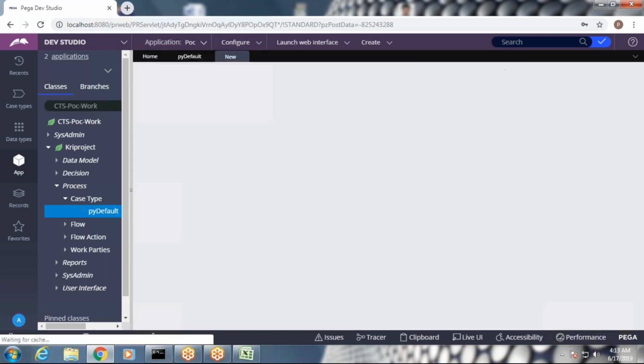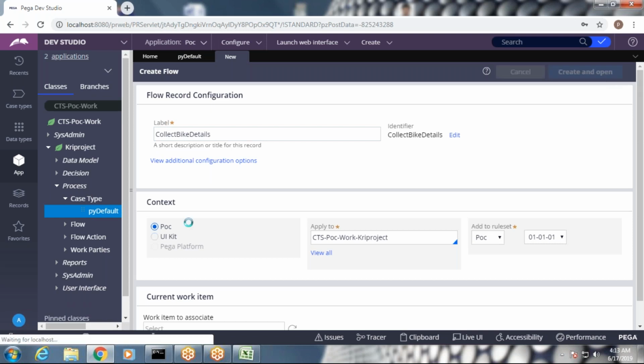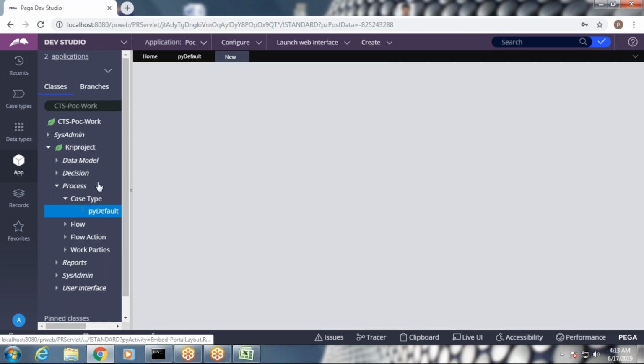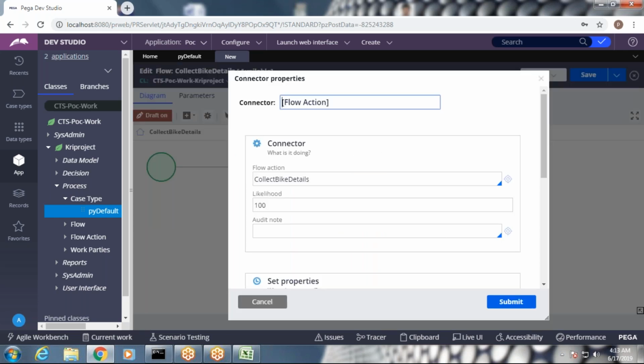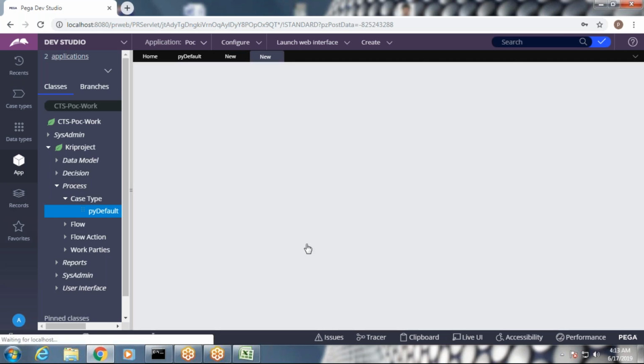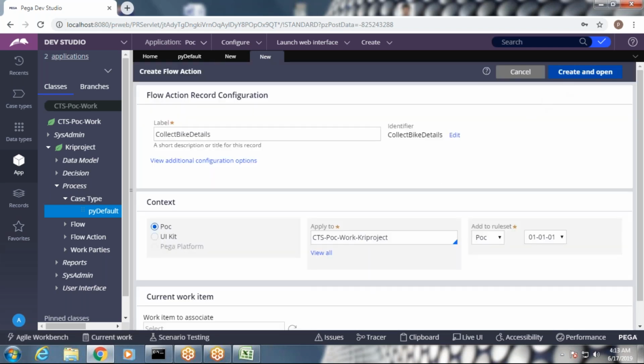Just open this flow. Inside the flow, we have to call what? Flow action. Yes, this is the flow action. Now we can call the section within the flow action.